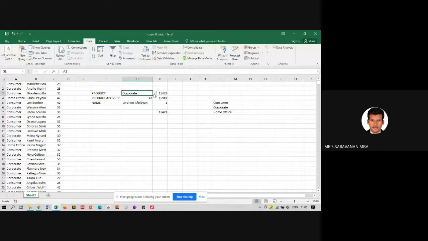Okay, now corporate data. See here it is a corporate data. If you change it to consumer, automatically data changes. If you want to go for home office, automatically information changes. So this is a use of COUNTIF function. COUNTIF will take all the information and will give you what are the information you need. Okay, this can be applicable to age also. See, I have given the age. That information COUNTIF greater than or equal to G4.